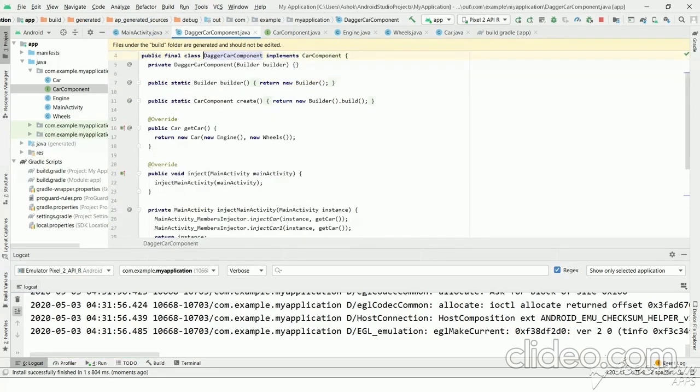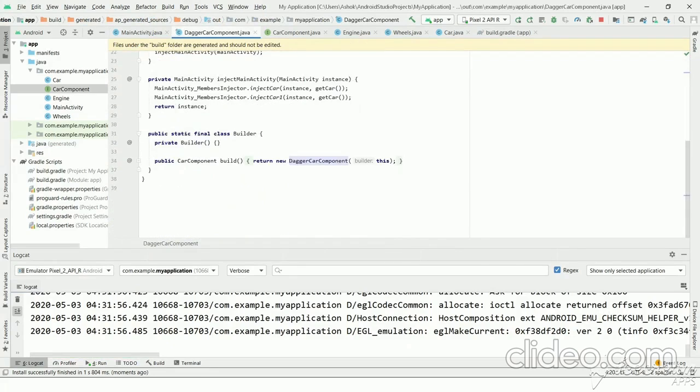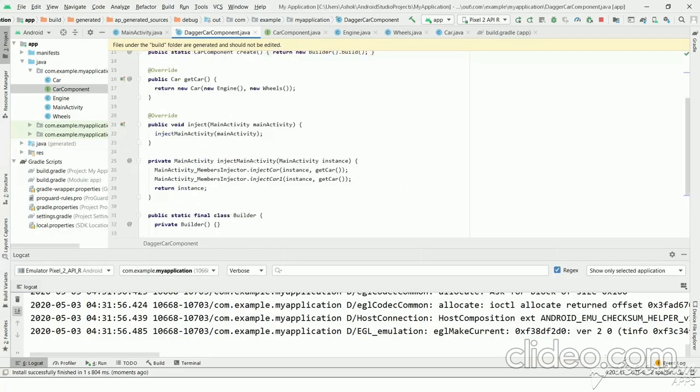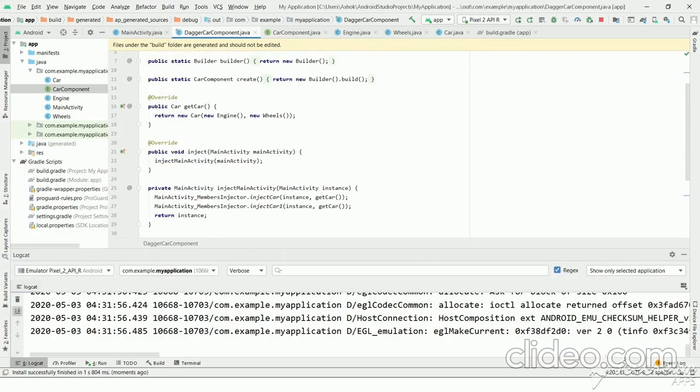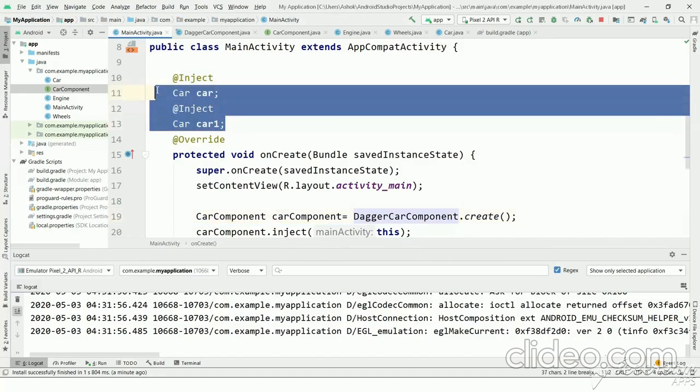So here automatically the inject main activity method is created, which has 2 lines of same get car, because we are initializing 2.